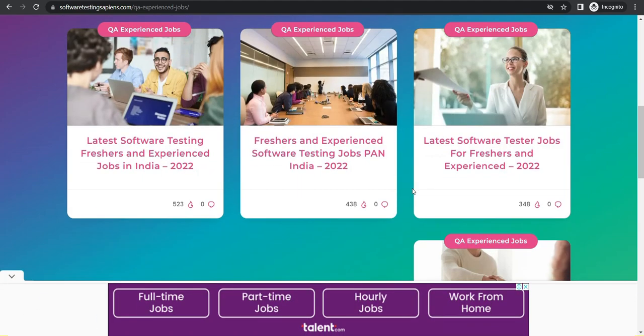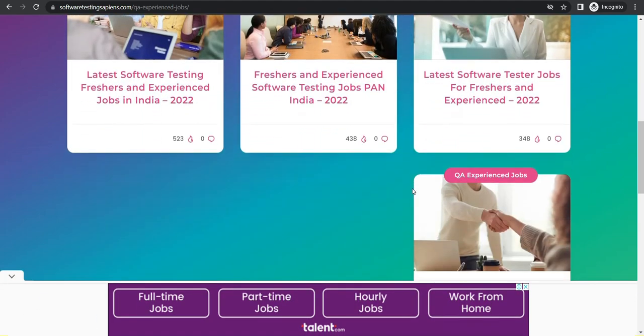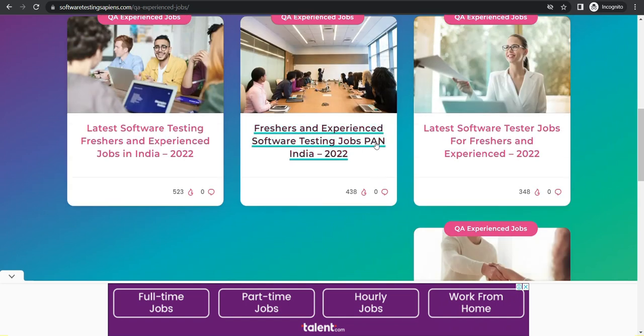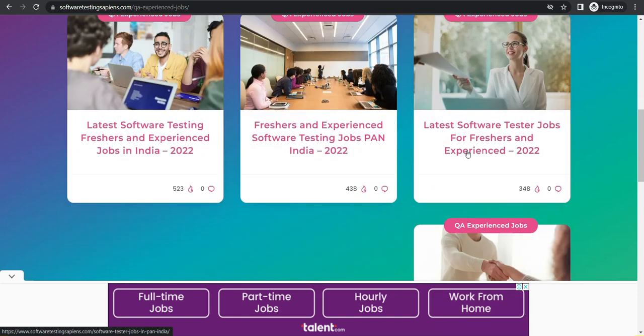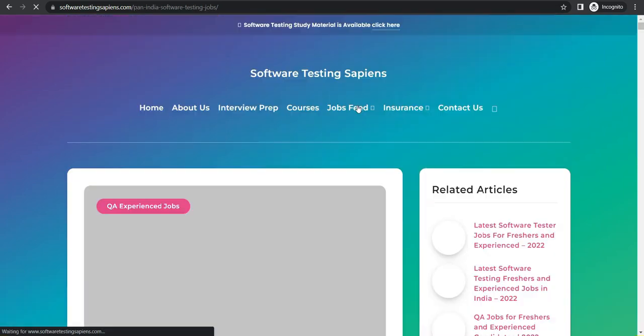and you can see there are multiple job openings. We have QA experienced jobs for freshers, experienced jobs for pan India. Okay, I am clicking one of them. I'll open this one. Okay, and